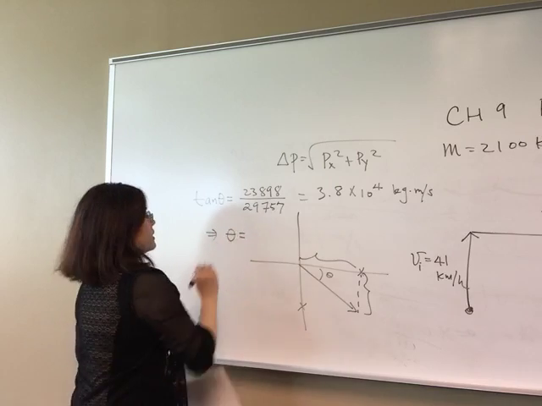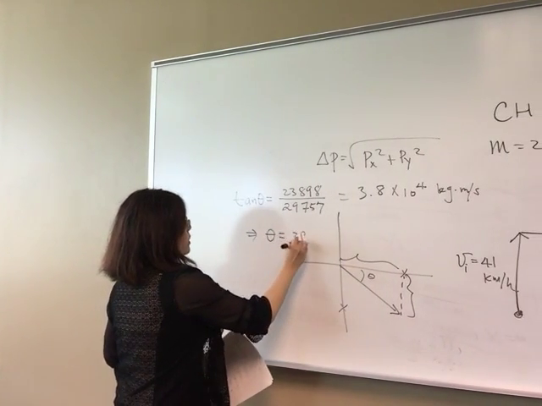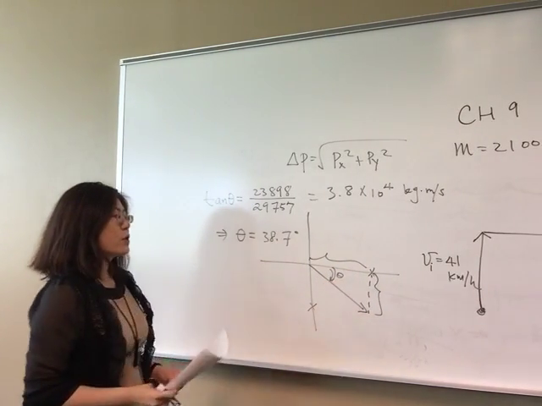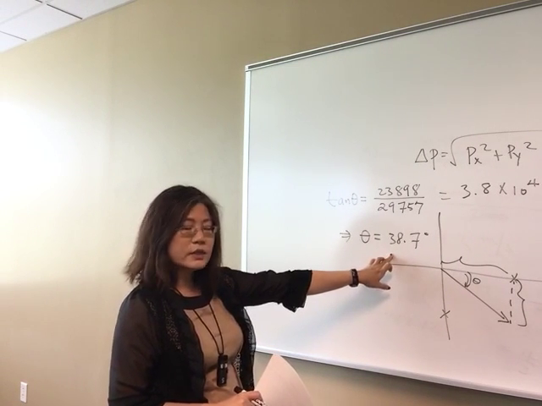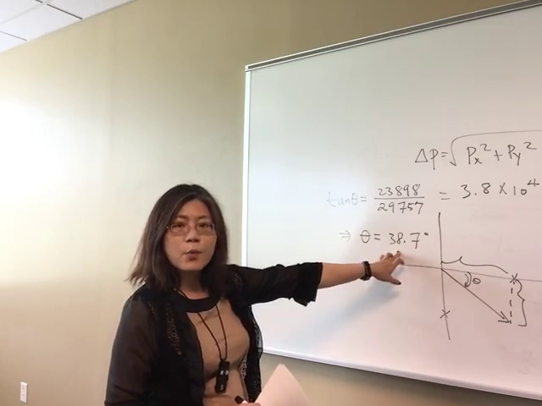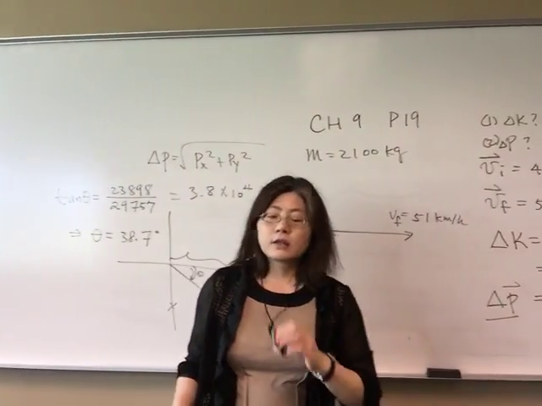After you do this, the angle that you calculated is 38.7 degrees. That refers to that. So in your answer, you might say that it is 38.7 degrees below the horizontal axis, or you can just say that it's negative 38.7 degrees. Okay, so that's